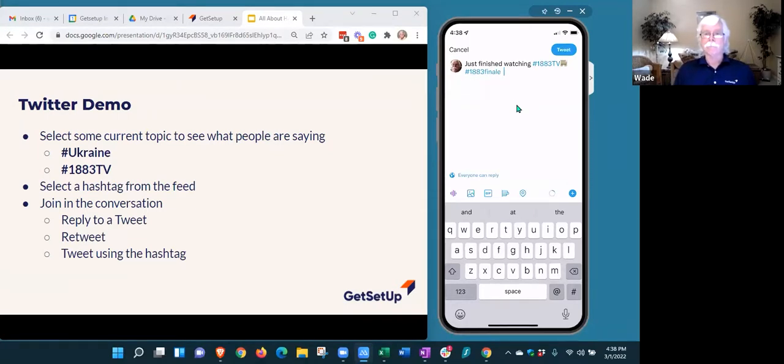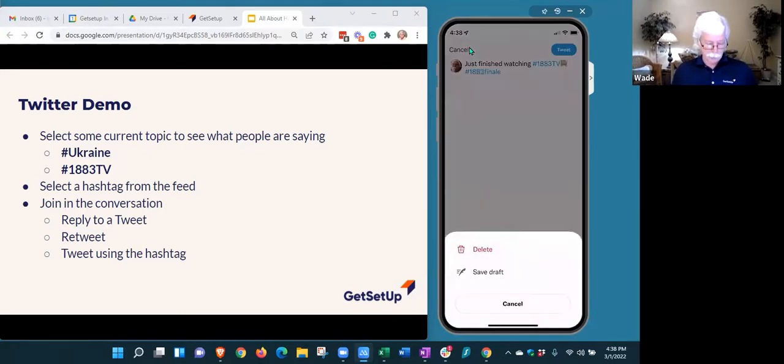I know you're only allowed to have a certain number of characters. So what happens if you go over those characters? Will it stop you and it stops typing? It stops you. It lets you know when you're getting close, and it has a little countdown that says you've got 50 characters left. You've got 25 characters left. You're done. Okay, great. All right, so I'm going to cancel out of this. Delete.